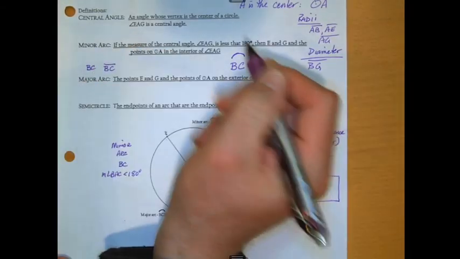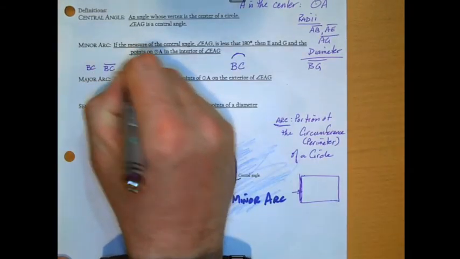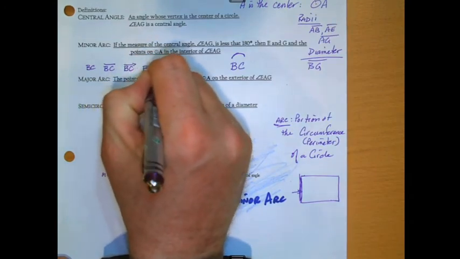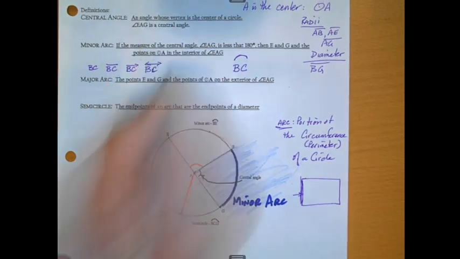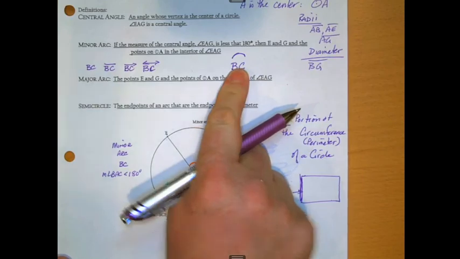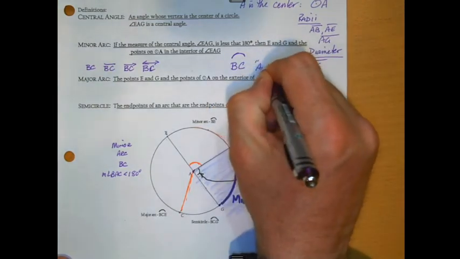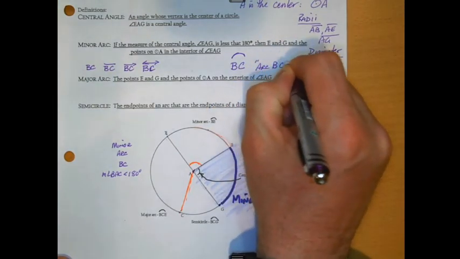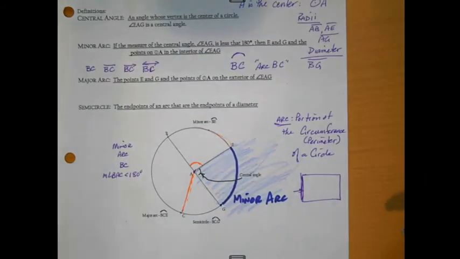Also, we have the segment, we have a ray, we have a line. We now have an arc. So this is arc BC. We have segment BC, we have arc BC. You got it, right? All right, a major arc is points E and G and the points A on the